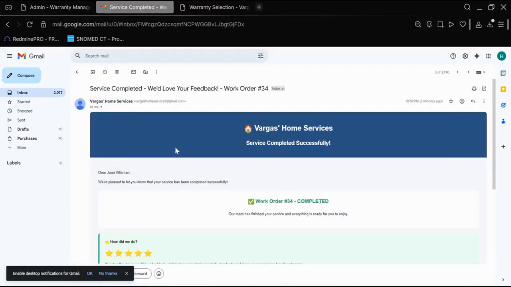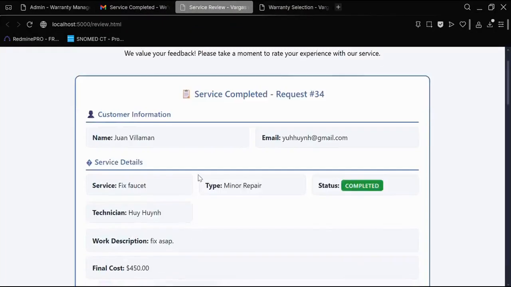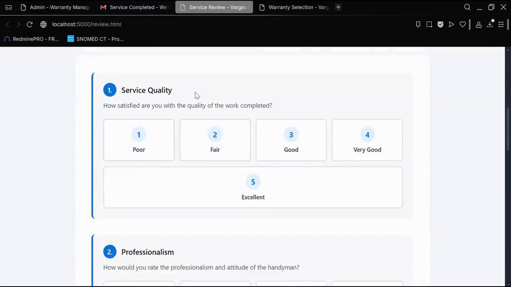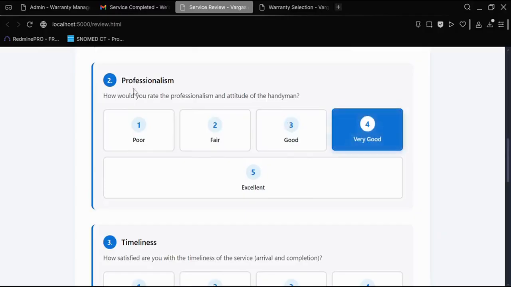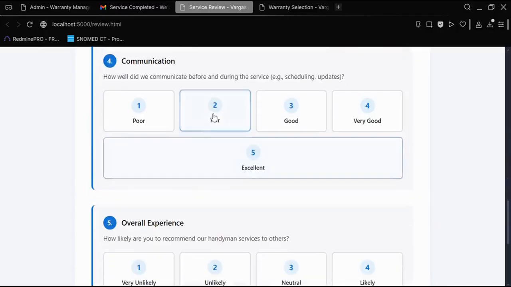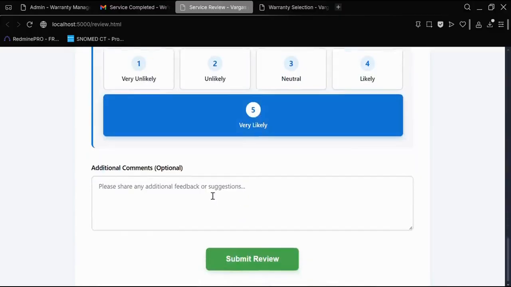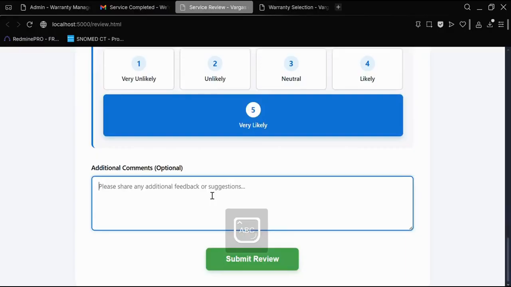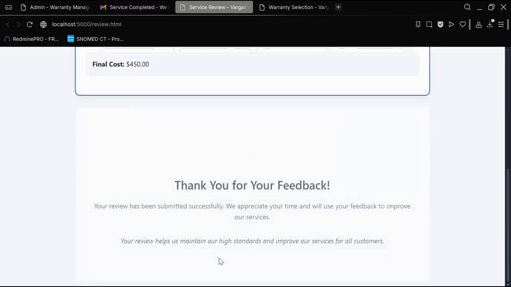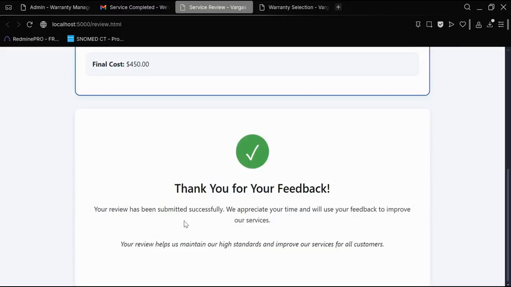So the second thing, the second email, is that the customer can leave a review regarding their work order. So when they click on the link, it shows all the questions that the customer can rate from 1 to 5 for different categories, for example, service quality, professionalism, timeliness, communication, and overall experience with an additional comment. This is optional. And submit. So the system shows the thank you note,